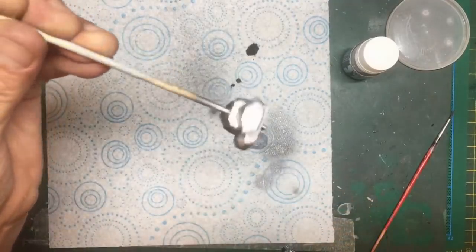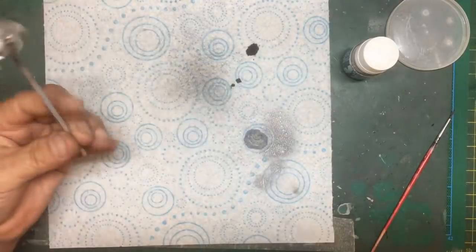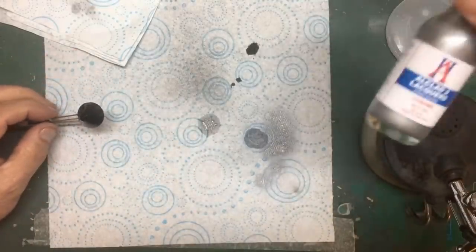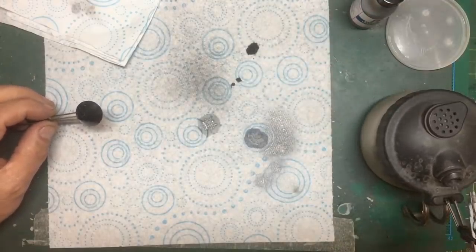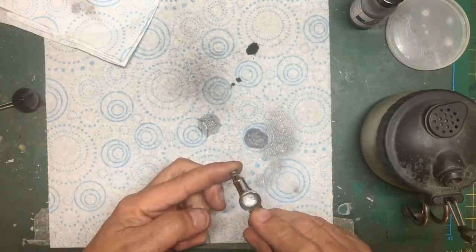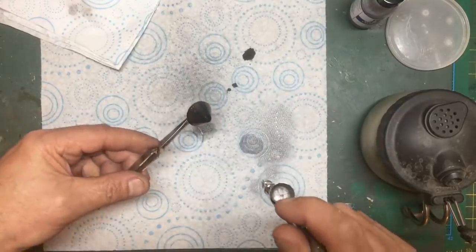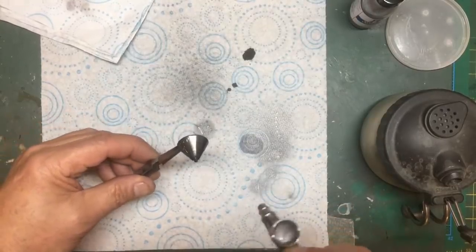So there we go. That's a nice metallic finish on there. Okay, so let's have a look at doing the front of the command module. And now I'm going to use the Alclad ALC 107 Chrome. So it's had a good shake. It's in the airbrush. I think I'll just give it a quick blow back just to give it a quick agitation. Check the flow. That's coming through nicely. So again, I'm just going to build this up very, very slowly, and you can see straight away